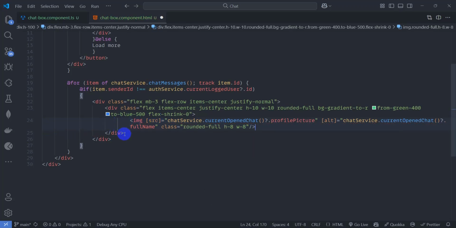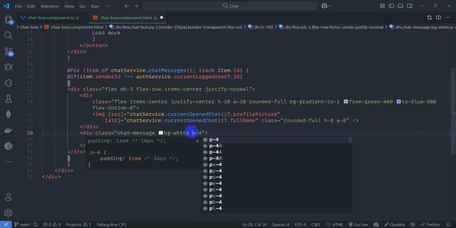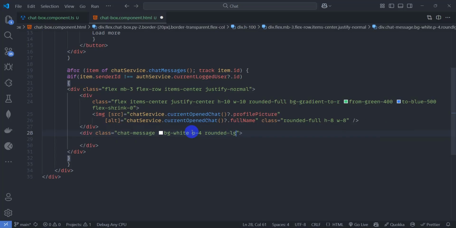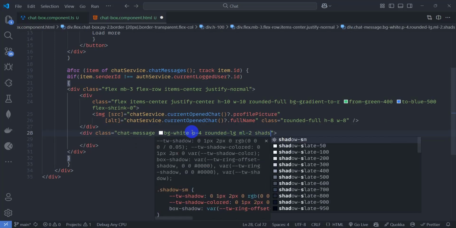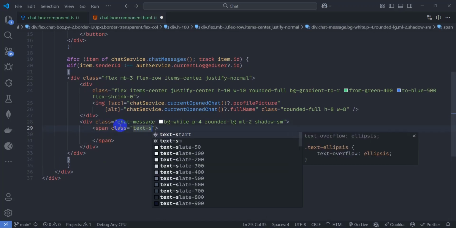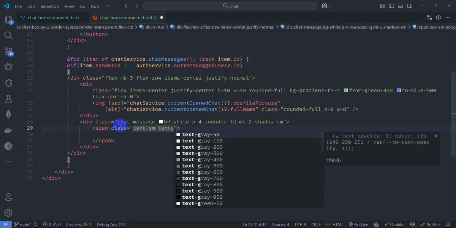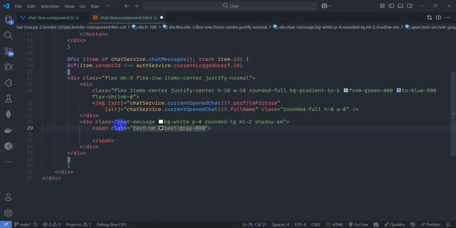After this div let's add another div class chat-message bg-white p-4 rounded-lg ml-2 shadow-sm. Let's add here span and give class text-sm, text-gray-800, and block. Let's render here item.content,